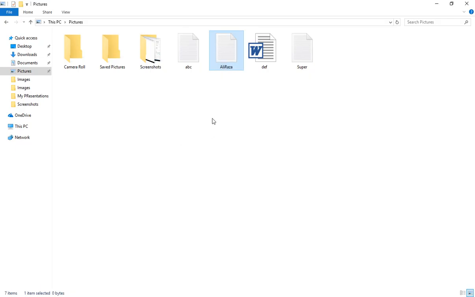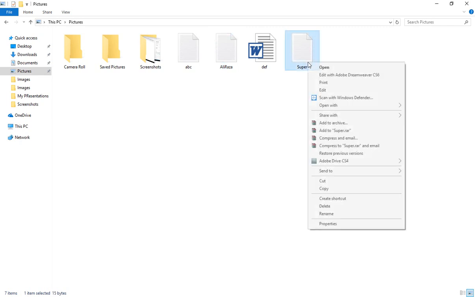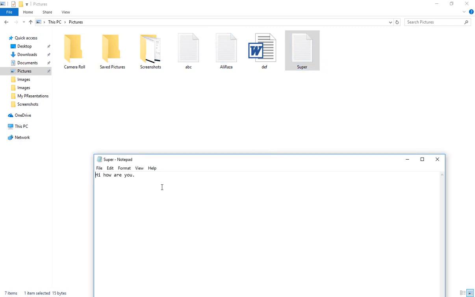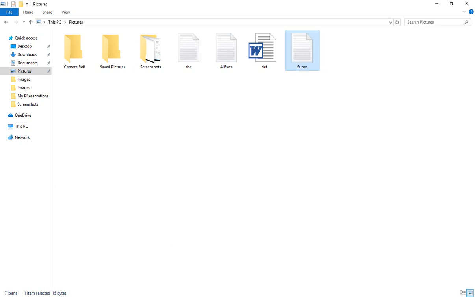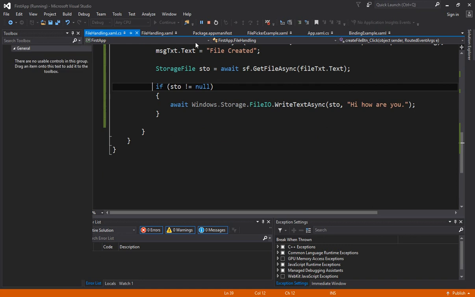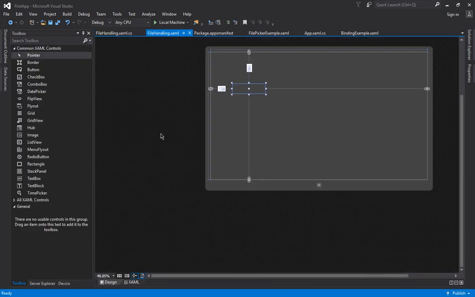Open pictures, and you see the super file is there, and then open it, and you can see the data is written. So you are handling your hard drive file management via your application. If you can write, you can append, you can rename the file, you can do many things if you wish to. So let us go to the code again, and here after this let us create another button